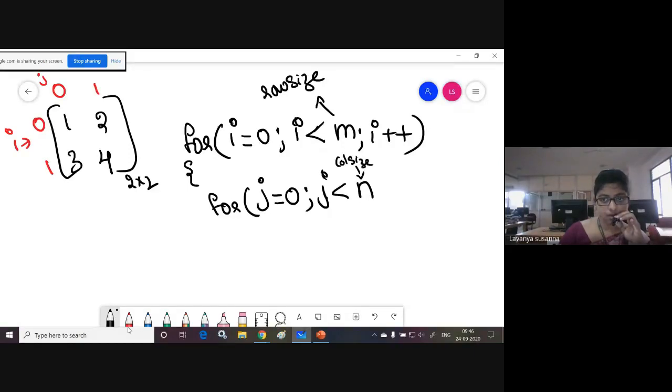N is nothing but column size. See, you know that index starts from 0 to size minus 1. Here I took less than n. Less than n is nothing but size minus 1 only, right? J plus plus. Now if you want to access elements, see, I'm printing